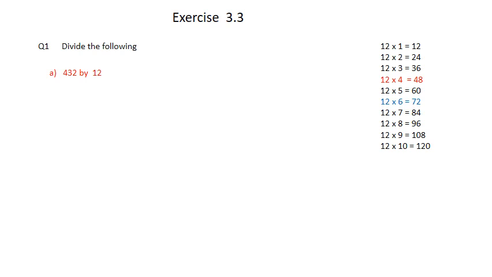So first we'll put the sign here, we'll write down 432, which is the dividend. Here the divisor we have written. Now if you see students, 12 is a 2-digit number. So we'll consider a 2-digit number here, which is 43. Now if you see in this table, 43 is not there. 48 is more than 43. So we cannot take this number. We will take the previous number.